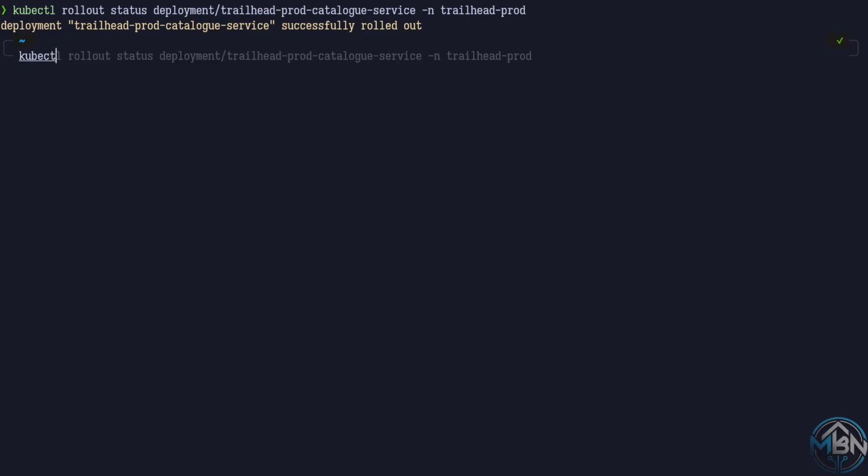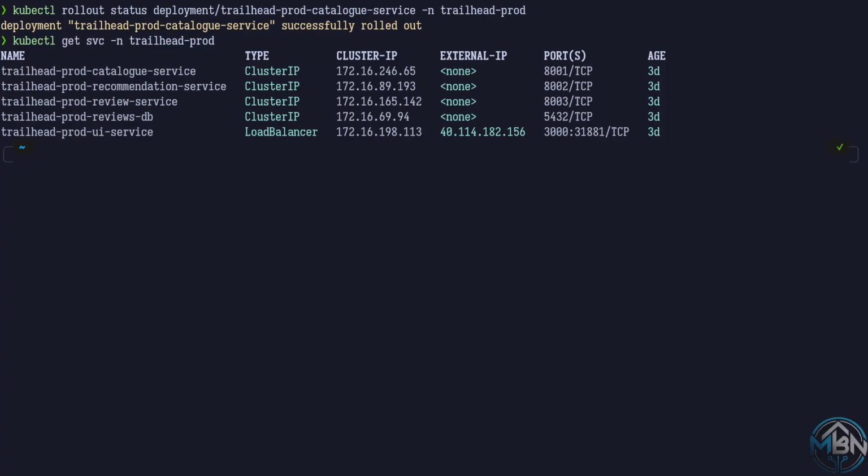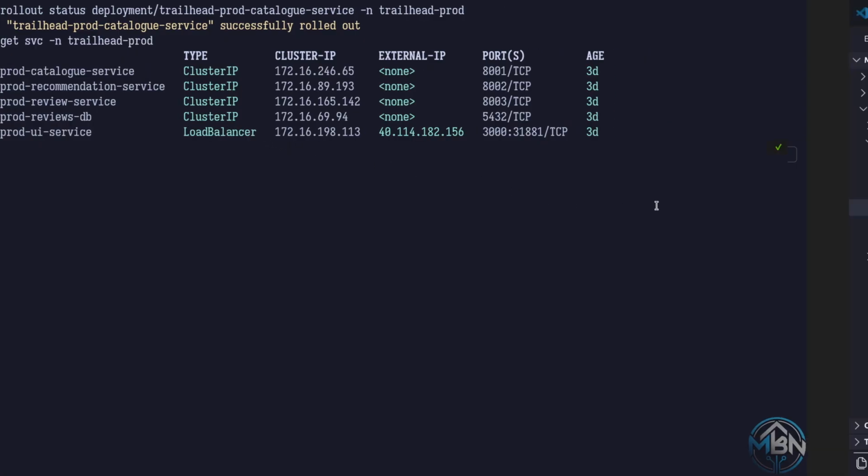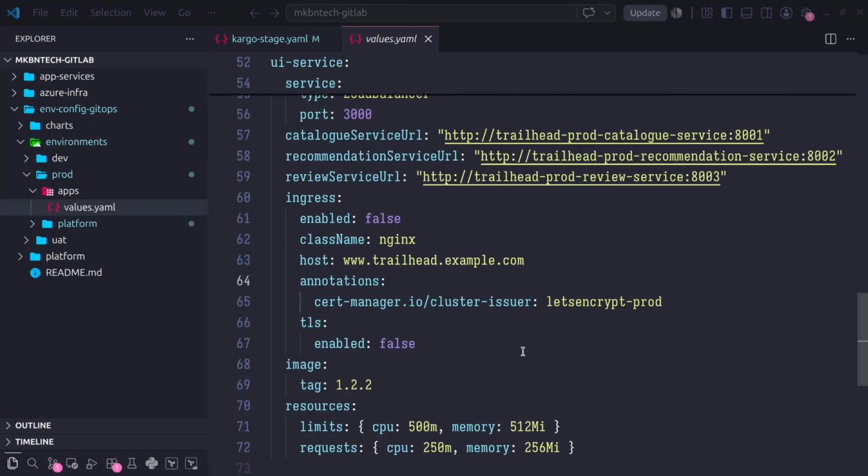We can list all the services in our production environment by running kubectl get svc in the namespace trailhead-prod. The TrailHead prod UI service is currently exposed using a load balancer service, but in production it is recommended to use an ingress. We already have the configuration in our app values.yaml file, but it is currently disabled. You can go ahead and install an ingress controller and enable these flags, so customers will be able to access it using something like